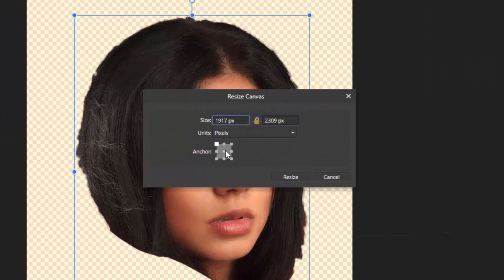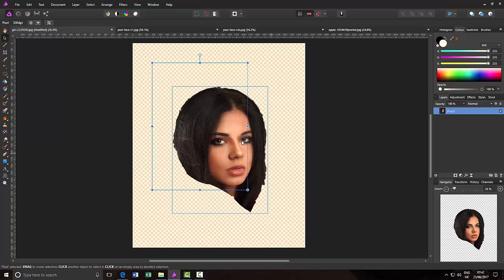I'm going to put the anchor point in the middle, and then I'm just going to alter. I'm going to click on this padlock so I can alter the numbers, and altering one won't affect the other. So I'm going to make the width 2500, and I'm going to make the height 3000 pixels, and then just click resize,